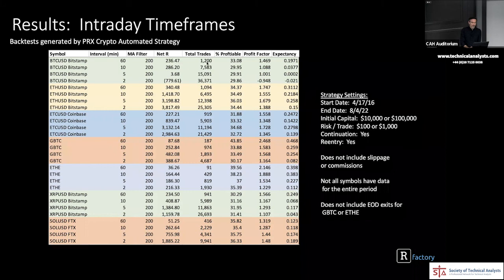But the number of trades, to have 1,200 trades on the 60-minute, 7,500 trades, nice having that kind of sample size behind you, right? Now, regardless of whether you're in a bull crypto market or not, if you drop your time frame down to say 60-minute, 10-minute, 30-minute as a nice medium, you're getting a lot of different market cycles inside of that. And that brings me on to one of the final things we'll talk about today, which is,